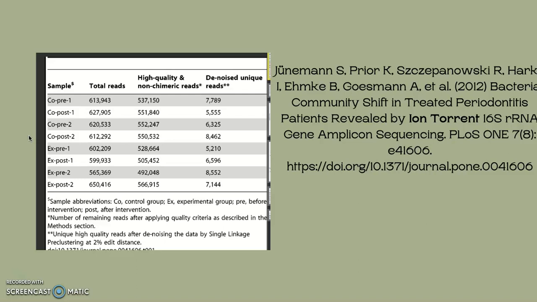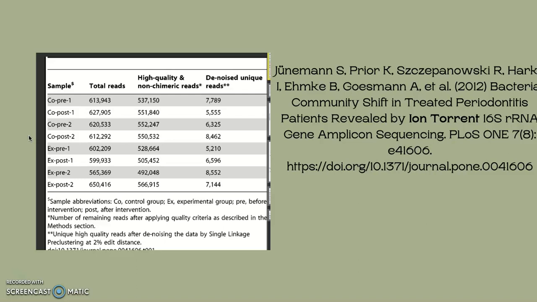There were around 8% of amplification primers in the sequences which were removed and not included in the data. And they wanted to compare these reads to see if it would be useful to use as a way to detect certain pathogens when it comes to periodontitis. And this data shows that using the Ion Torrent would be beneficial in routine diagnostics because it was able